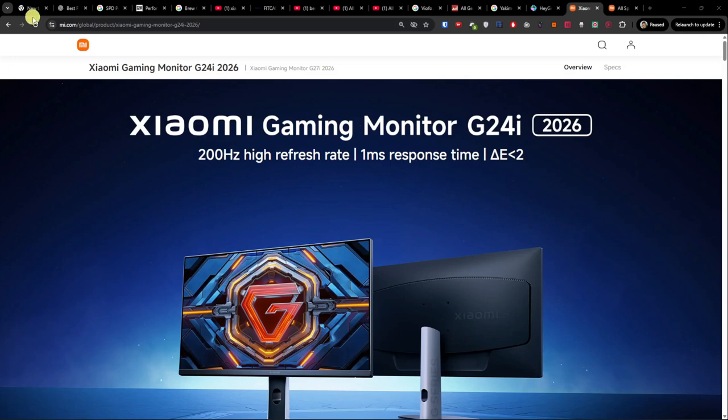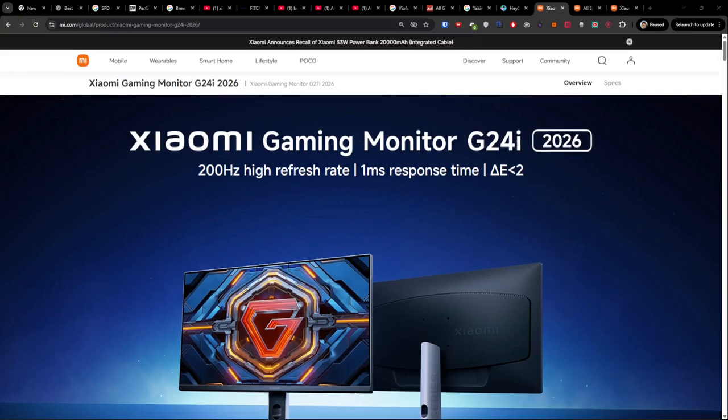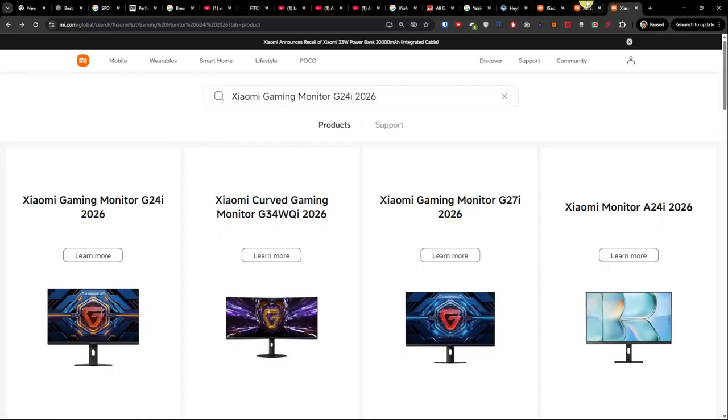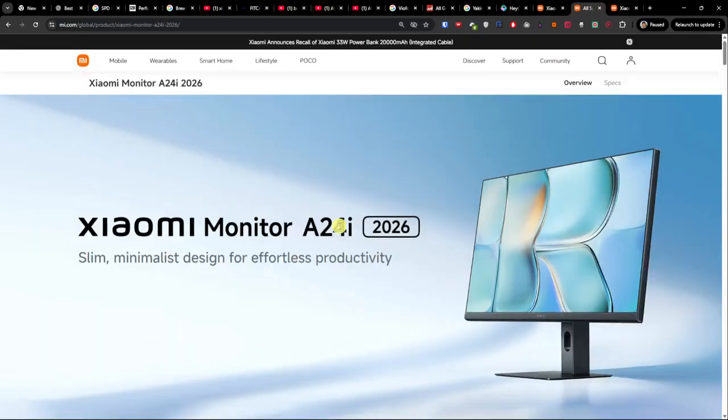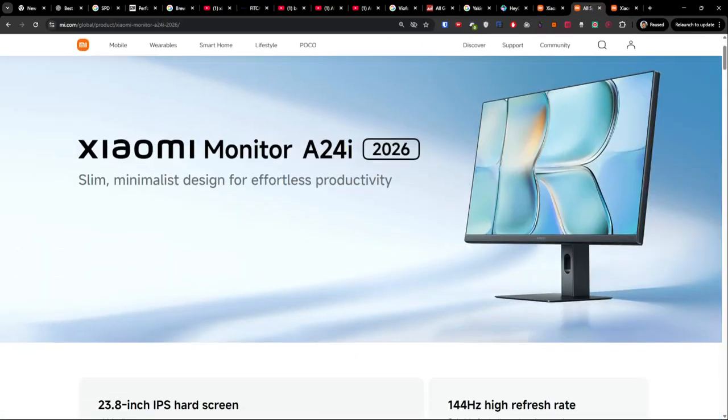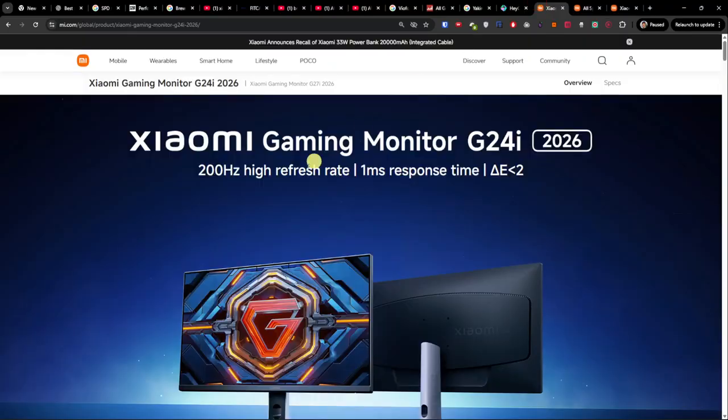Hey guys, so in this quick video I'm going to compare the G24i with the A24i. What are the things you have to be aware of? So first things first, both got the same resolution and panel type, and for the G24 you have a better IPS, and